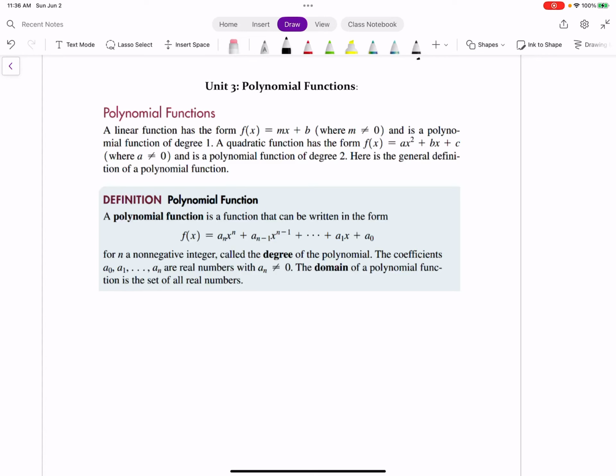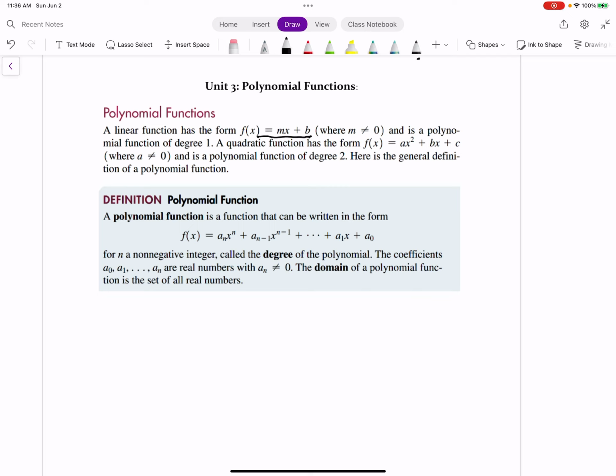All right, let us discuss polynomial functions. We have already discussed some polynomial functions. For example, the first one is the linear function. You can see the linear function is given by mx plus b, where m is the slope of the line, and it should be different from 0 in order to define a linear function, and it is a polynomial of degree